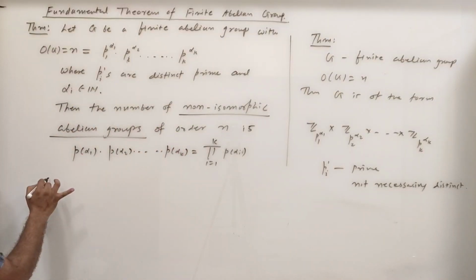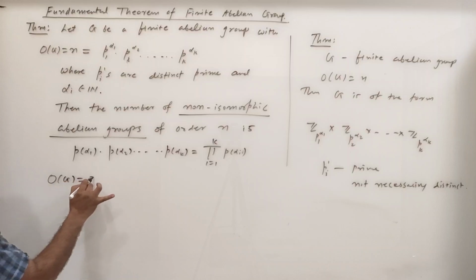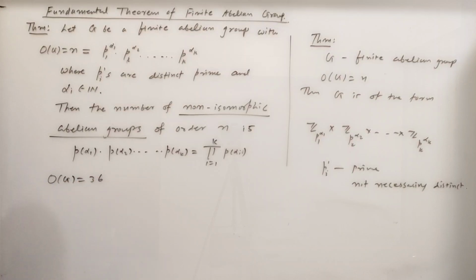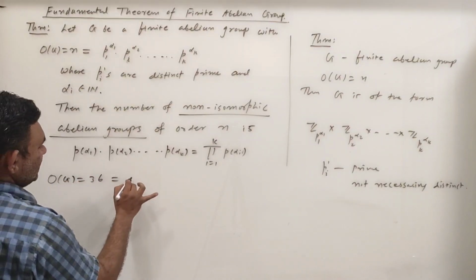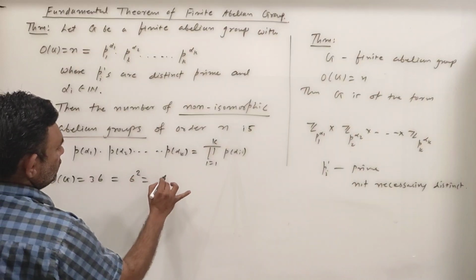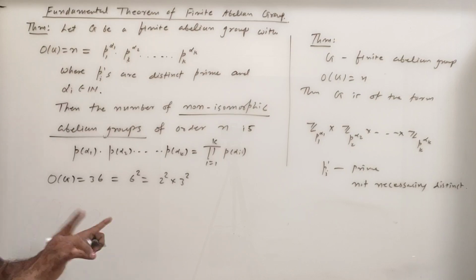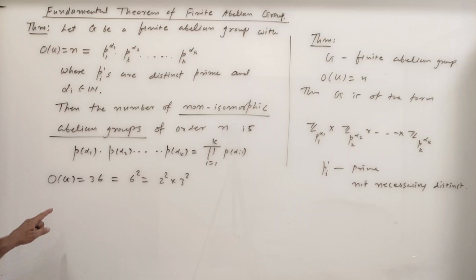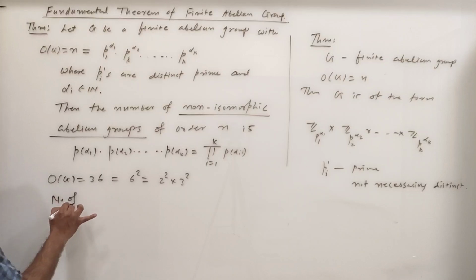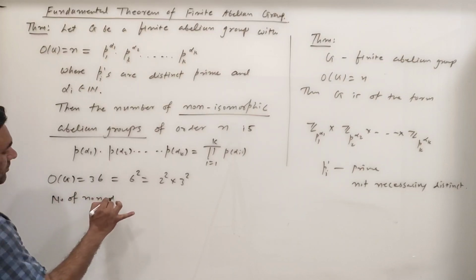See, consider let G be an abelian group of order 36. G is abelian. So 36 is what? It is 6 square, that is, it is 2 square into 3 square. So according to this theorem, how many non-isomorphic abelian groups of order 36 are there? So the number of non-isomorphic